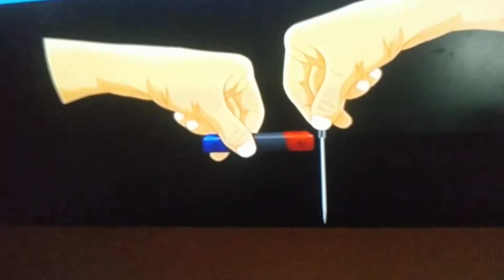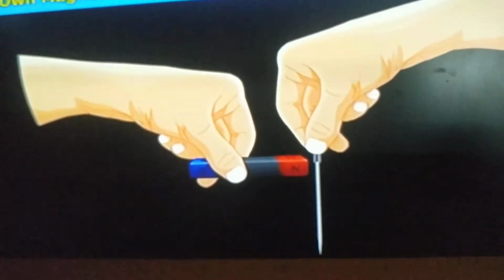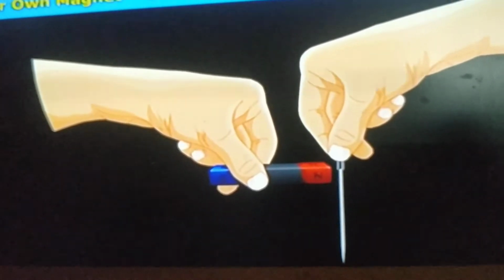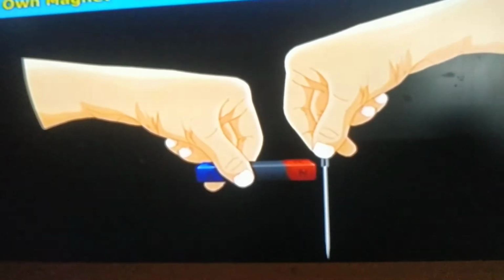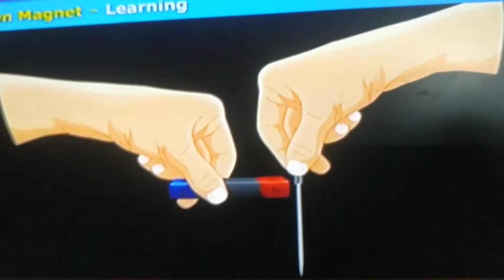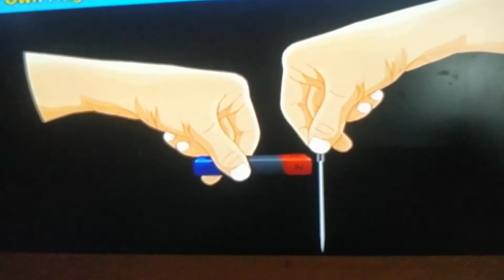So from this activity we observe that the iron filings get attracted by the nail because the iron nail gets magnetized by rubbing the bar magnet over it. So like this you can make your own magnets. You can magnetize any iron object. By using magnets you can rub them in one direction along the iron object like an iron nail or needle or a blade. Any iron object you can make into a magnet.